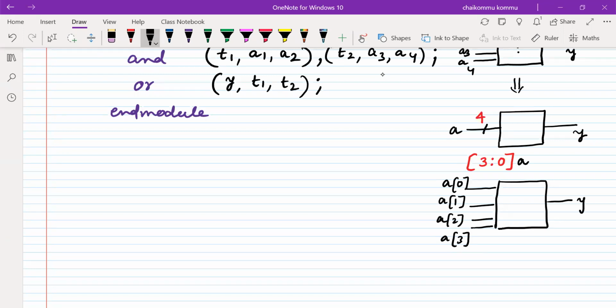Is it clear? This is a very essential representation that we have to use throughout the Verilog course. Instead of using scalars, vectors are very useful. Clear? So this is called the equivalent representation.